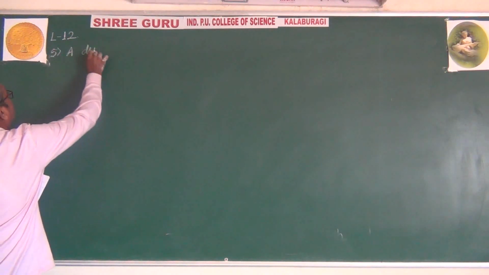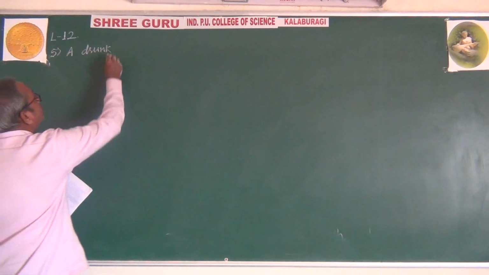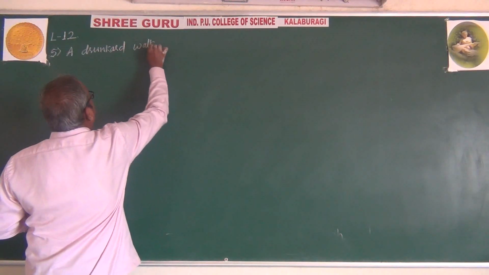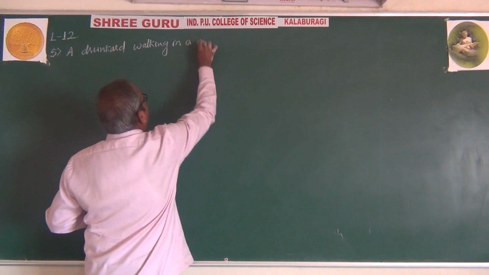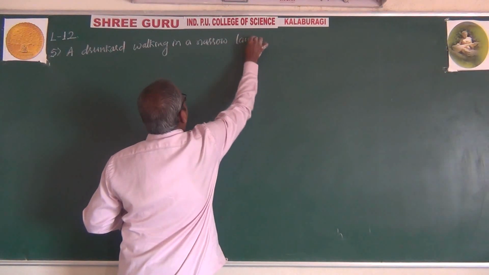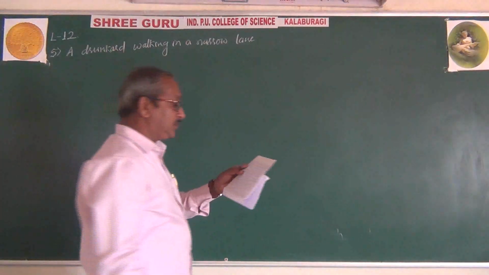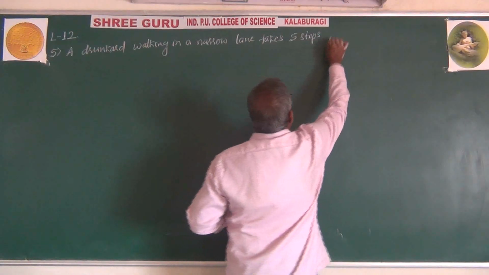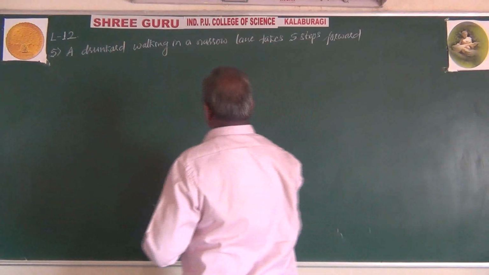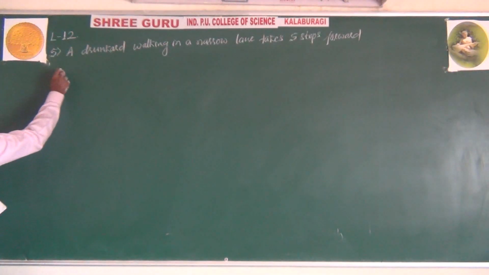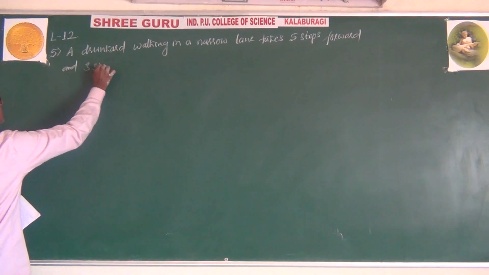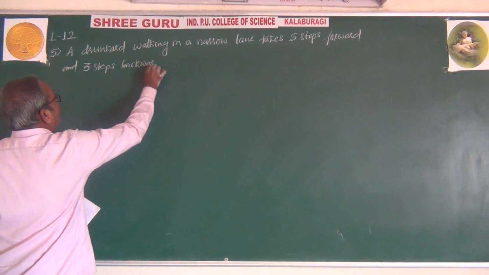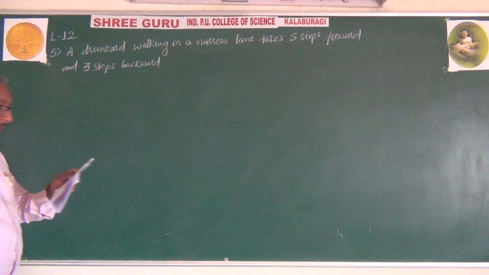A drunkard walking in a narrow lane takes 5 steps forward and 3 steps backward, followed again by